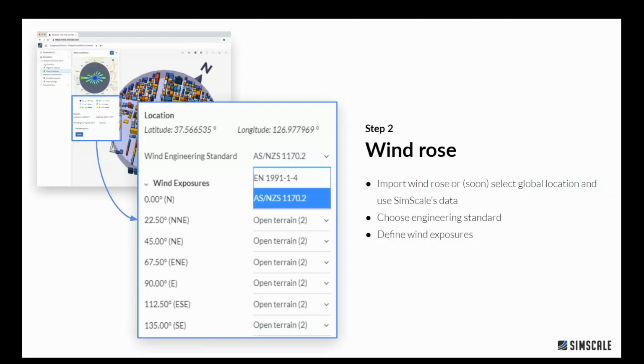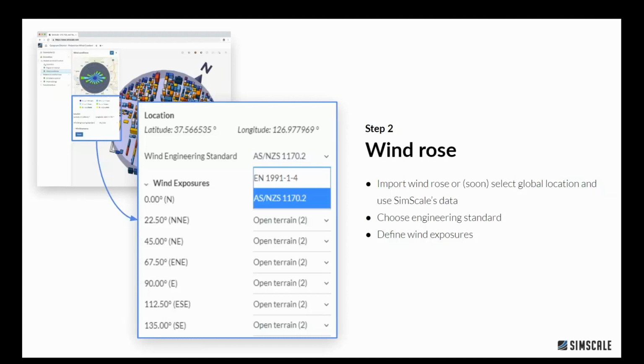How to define the atmospheric boundary profile is specifically defined according to the different wind engineering standards. Currently at SimScale you have the ability to choose between two different wind engineering standards, either the Eurocode or the Australia-New Zealand standard. And according to these, we will then, for the CFD analysis, define the wind profiles for the